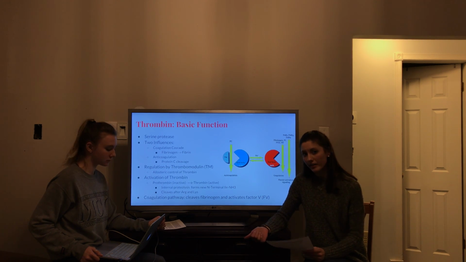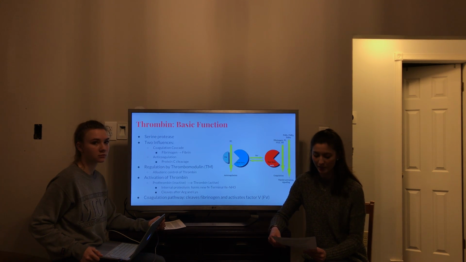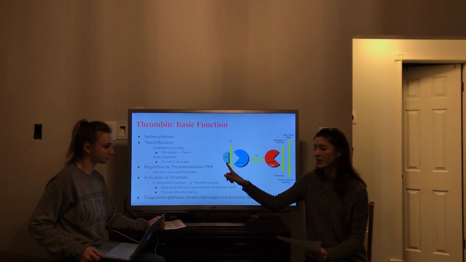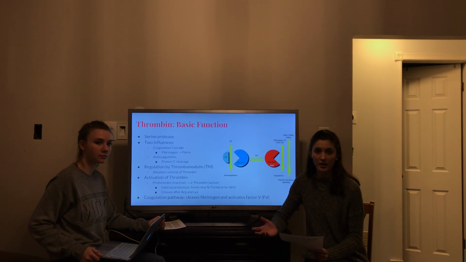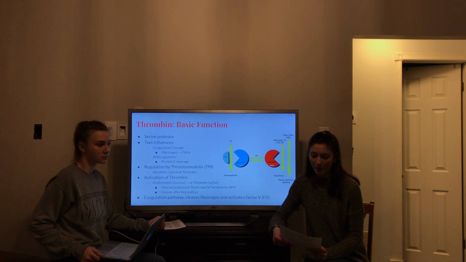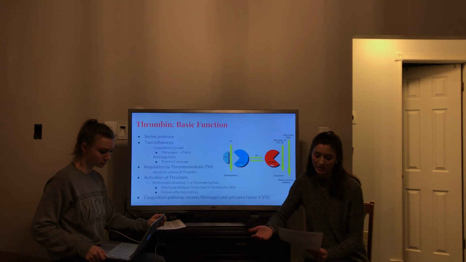Though it can act as a coagulant, thrombin can also act as an anticoagulant. It does so by being bound to its regulatory cofactor, thrombomodulin, which is depicted as this TM right here in this diagram. In this anticoagulation pathway, thrombin instead cleaves and activates protein C, which acts as a negative regulator of the cascade process, which just means it lowers thrombin's production and activity and degrades it, therefore preventing blood coagulation at